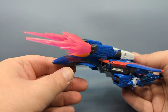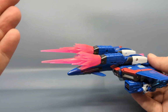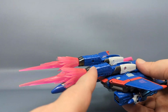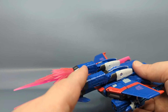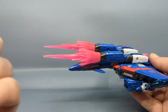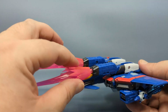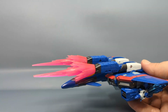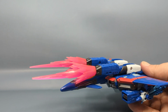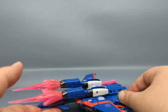The blast effects are a nice touch, but I should remind you, as we've heard several times now, these blast effects do break down. They break down very quickly, and if you leave them attached, they will corrode and erode the plastic that they're attached to. So unfortunately, you really can't leave these blast effects attached for long-term display. If they would have used a harder plastic, like a solid plastic, maybe it would have been different. But in this regard, you're just going to have to not